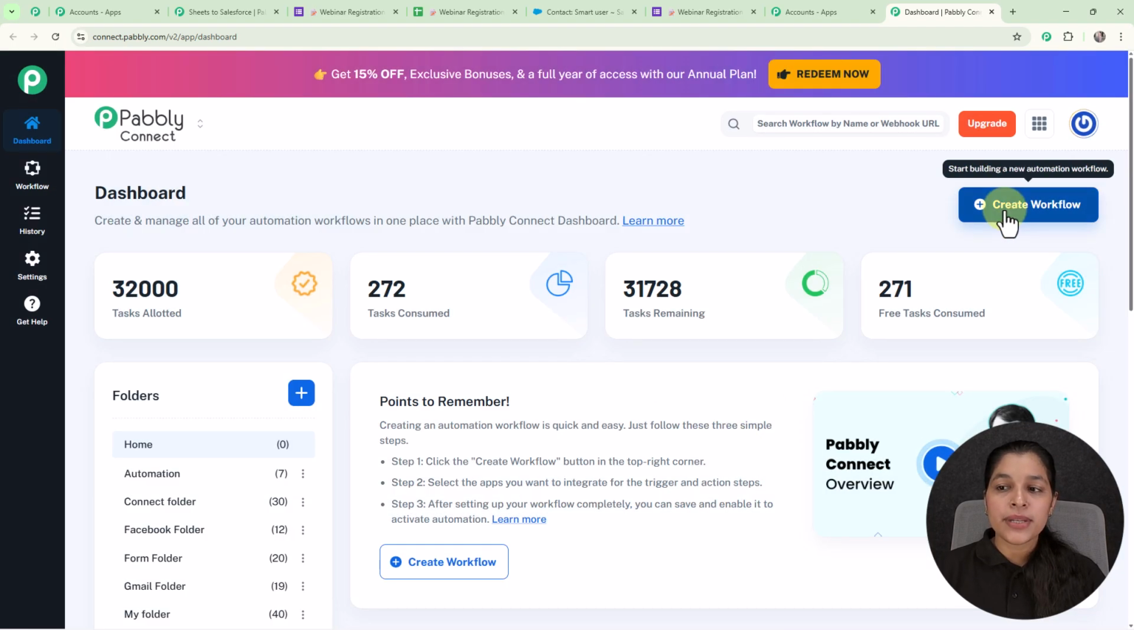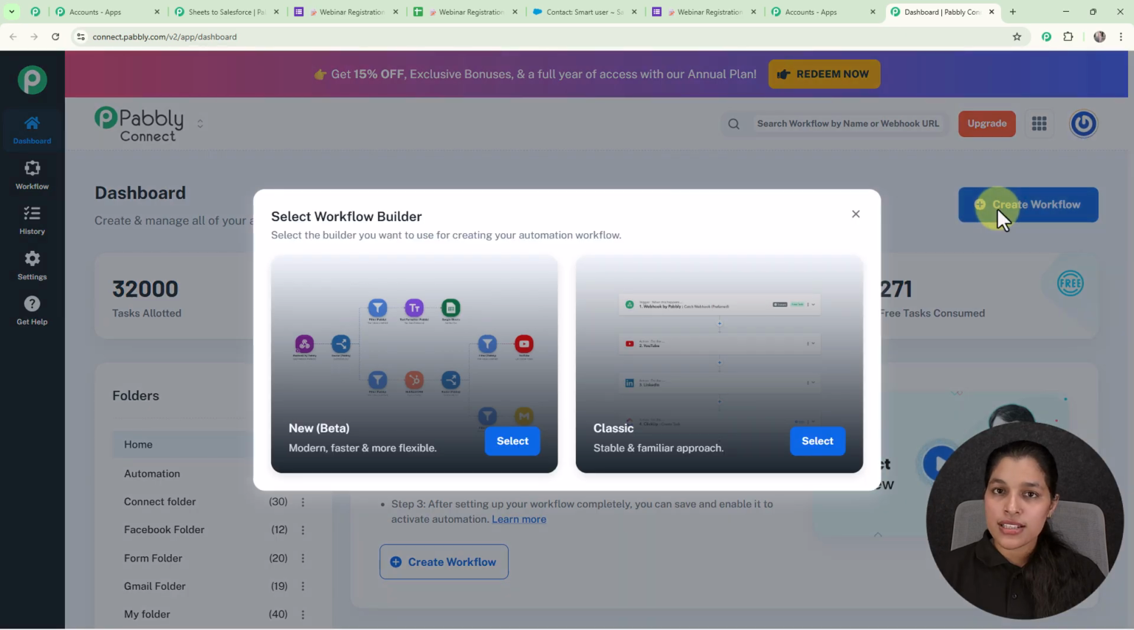Now I'm going to create a workflow. So for that, you simply have to click over this create workflow button, and you will get the option for selecting the workflow builder. So here we are getting two workflow builders: beta, which is modern, faster and more flexible, and classic, which will provide you a stable and familiar approach. So here I'm going to use this newly launched